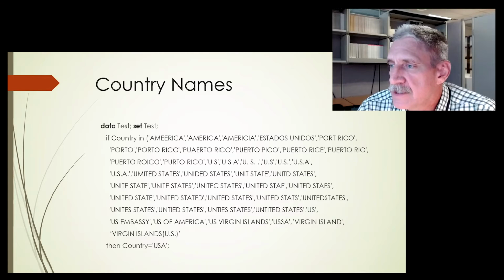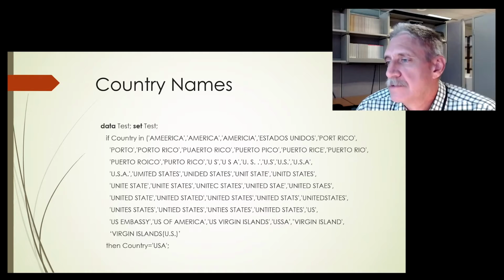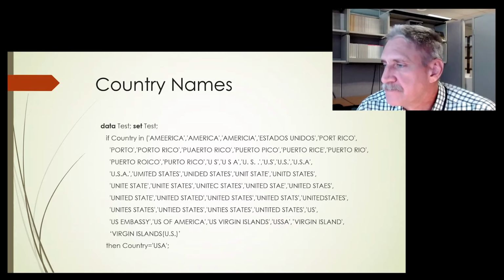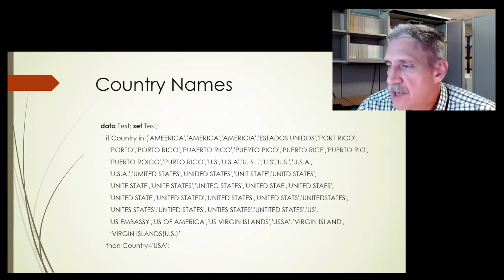The correct way to do it would be to have a drop-down list, of course. But just because you're the data analyst doesn't mean you get to influence the data entry application, which often might have been created 20, 25 years ago. So you have to clean it. Well, here's what I use to clean country names in my database when I need to do a frequency distribution to find out where our license sales are coming from. So if country is in America, America, America, three different ways of spelling it, all incorrect. So go through all of these, correct them.